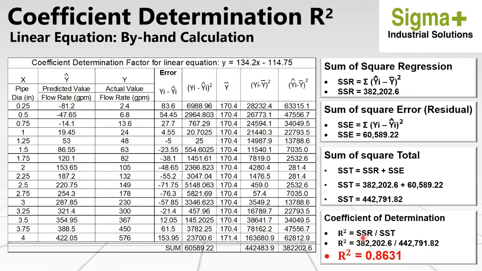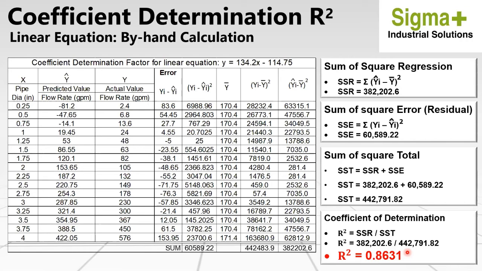which is equal to 442,791.82. And then I will just divide my SSR, which is 382,202.6, by the SST, the 442,791.82. And here we can find that the coefficient of determination is 0.8631, which in other words, I can say that the accuracy percentage of the linear equation will be 86.3%, which is an indication that we have a percentage of error equivalent to